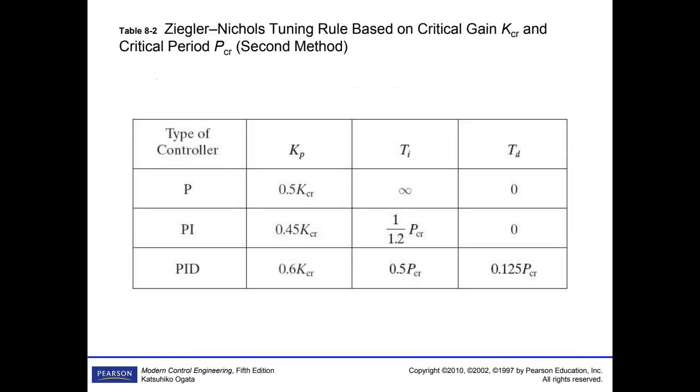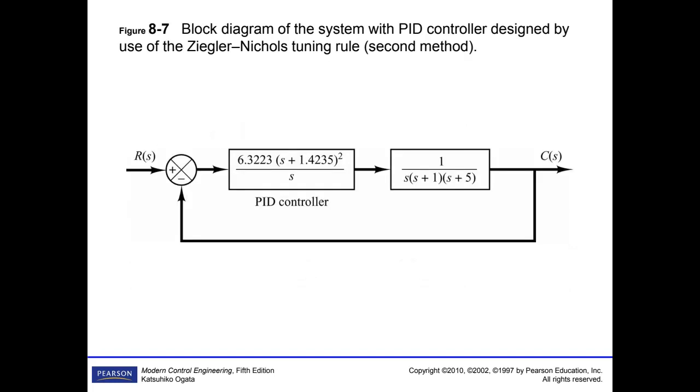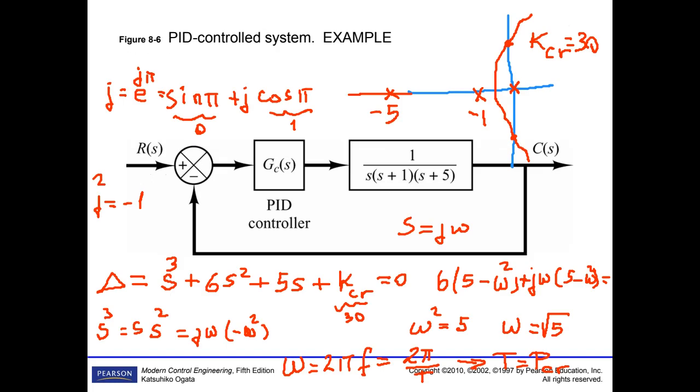When you obtain KCR and PCR, then the initial PID parameters are obtained. When you obtain the initial parameters, of course,